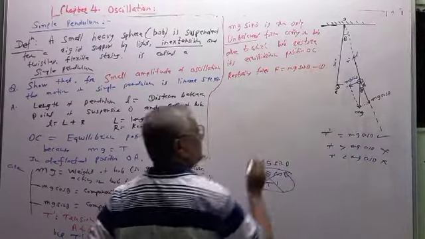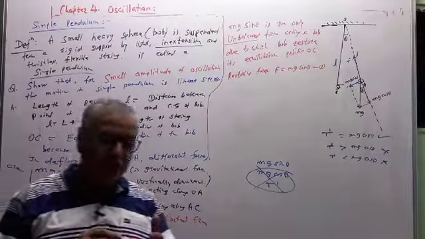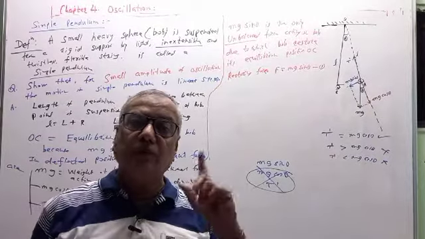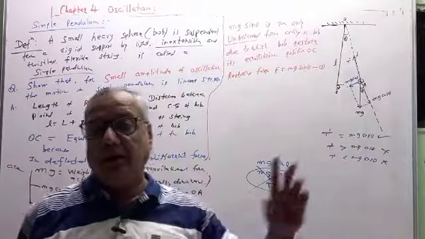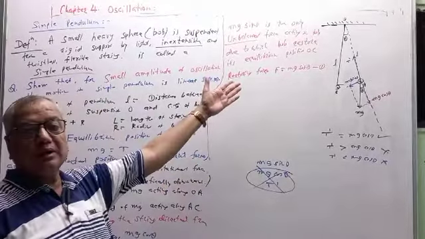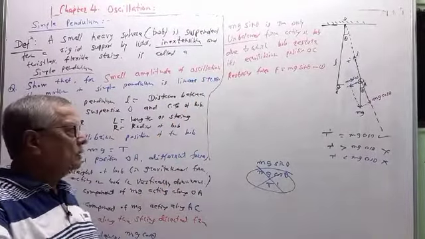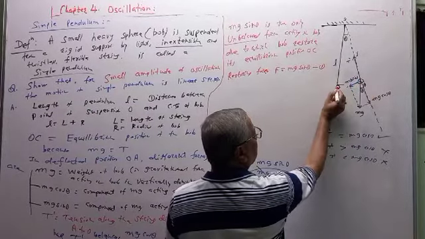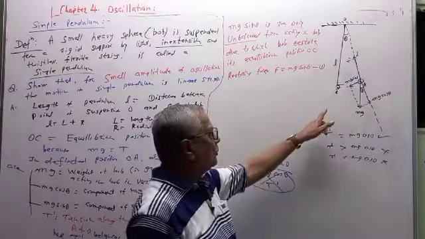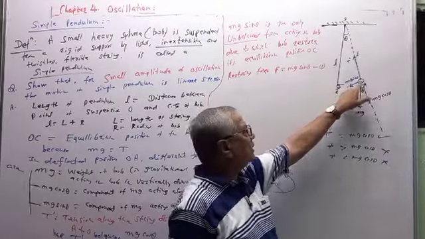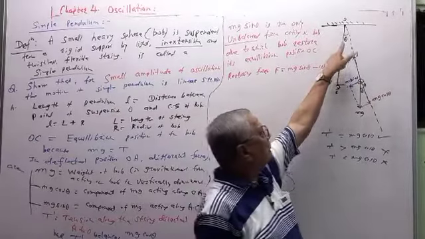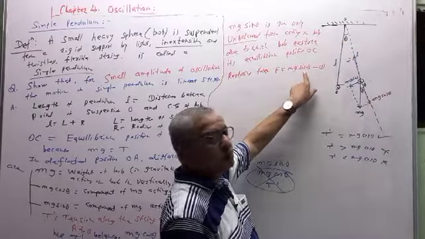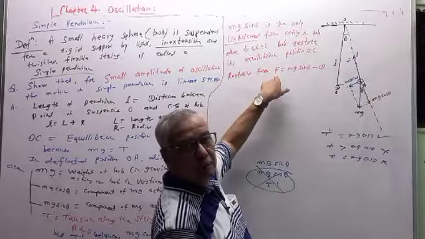This is equation 1. So when we want to show that the motion of any body or particle is linear SHM, then a restoring force must be acting on it, and that restoring force is given by this equation in case of a simple pendulum. Now, due to the restoring force mg sin theta, the bob will come to the point C, the equilibrium position. When it comes to the equilibrium position C, theta will become 0. Therefore sin theta will become 0. Therefore restoring force will become 0.